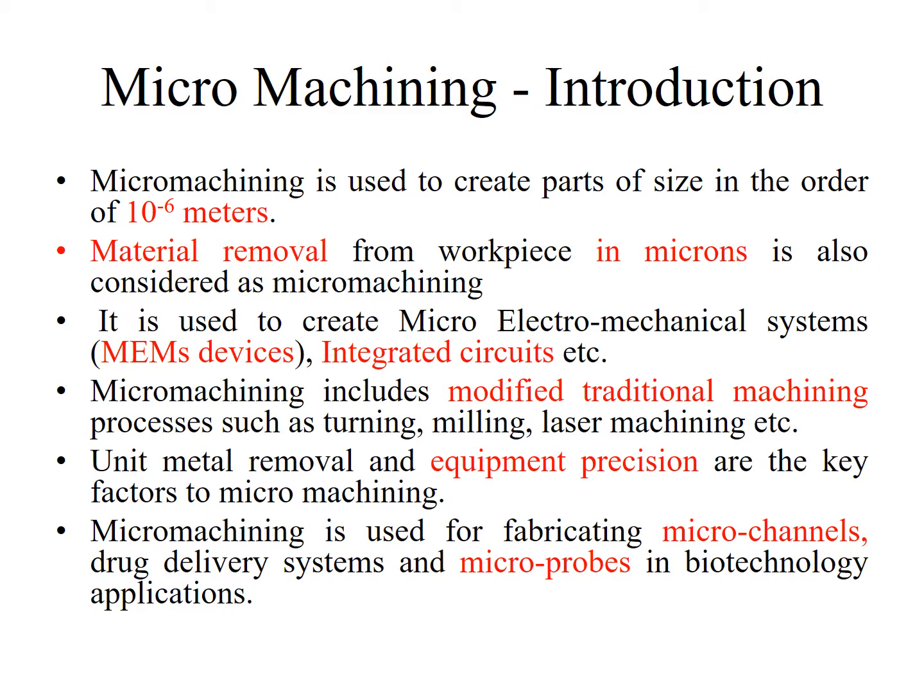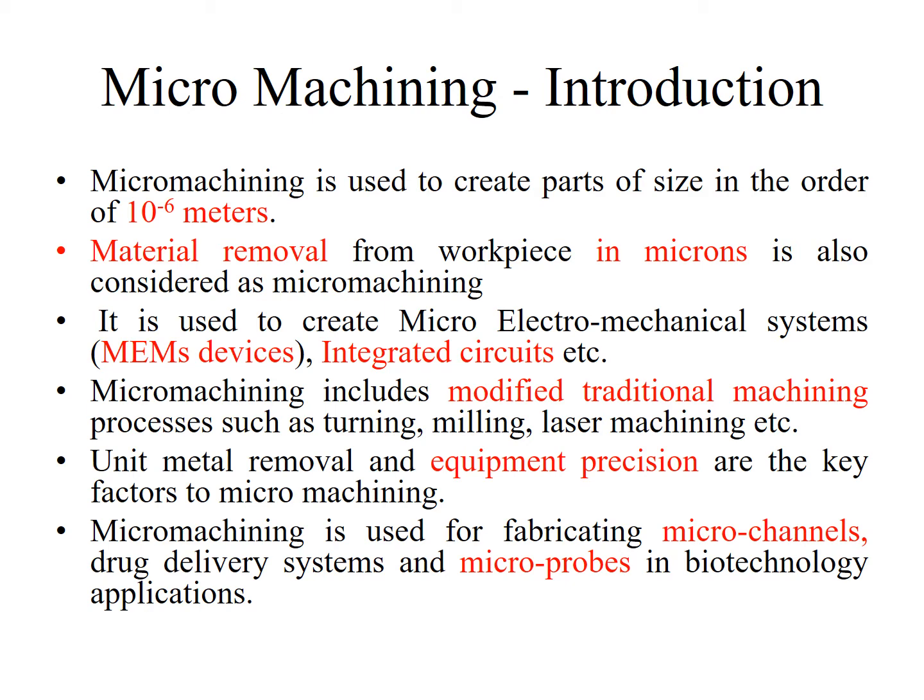So micro machining is manufacturing the parts or components of size 10 to the power minus 6 meter, that is in microns. The part itself is not needed to be in microns. If the material removal or the pattern made on a particular object is in the size of microns and has a finish of 10 to the power minus 6 meters, then it is also termed as micromachining. It is used for making MEMS devices, which have a lot of applications, and ICs, that is integrated circuits, which are mainly used in computers and mobiles, etc.